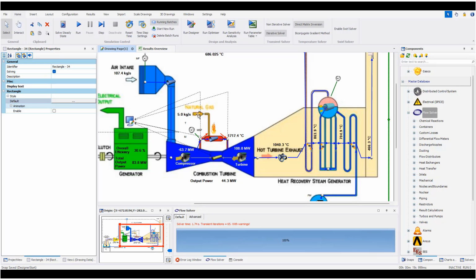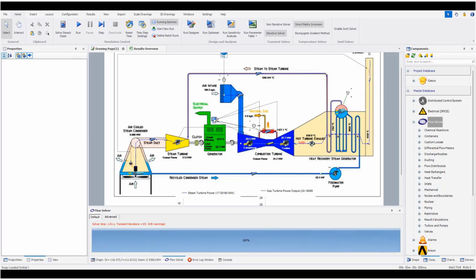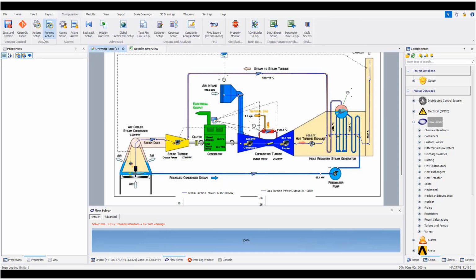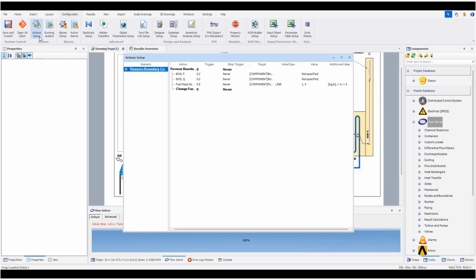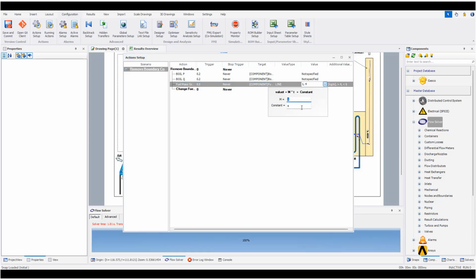So I'll go and change the action here and see what happens. Okay, we go back to the initial condition, 4 kilograms per second for the mass flow rate of the fuel. Go to configuration, action setup. This is for the mass flow rate. I will change this maximum to 6. You can see that I changed it